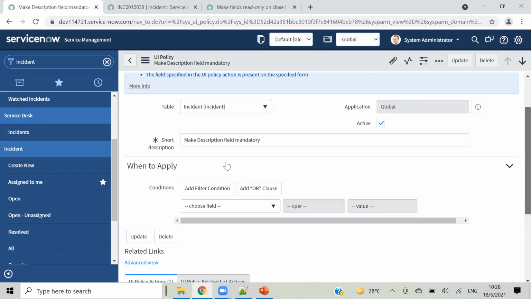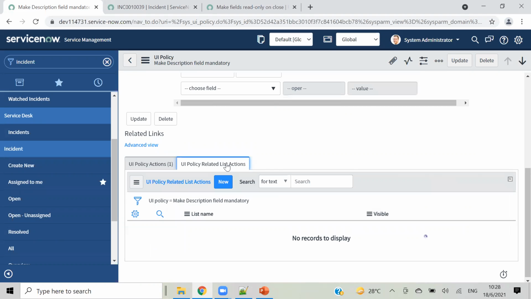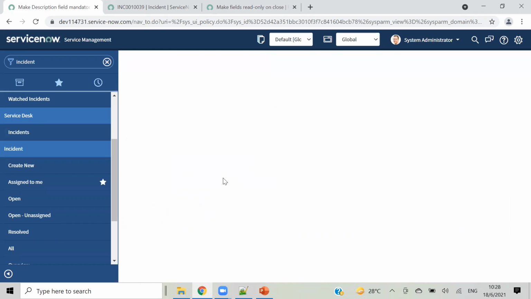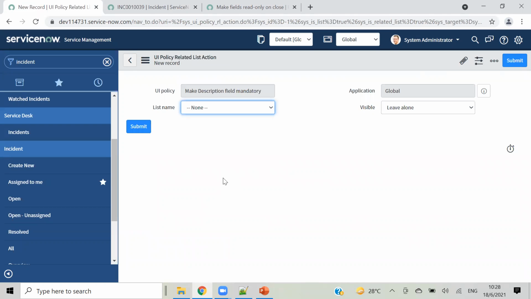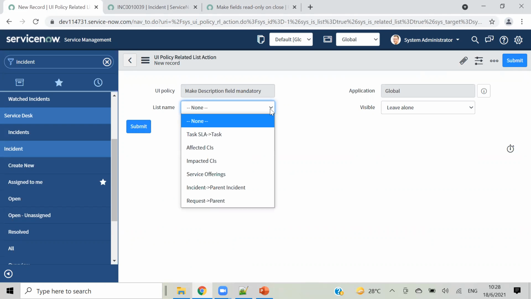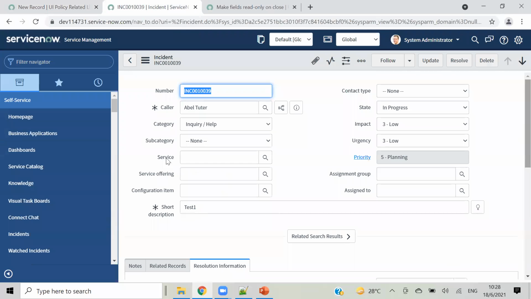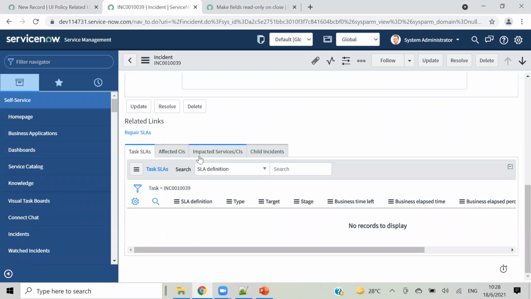And once let's try in UI policy also. Sorry, related list. And before this, let me show that on form. So here we have task SLA, affected CI, and impacted service CI, and child incidents, right?